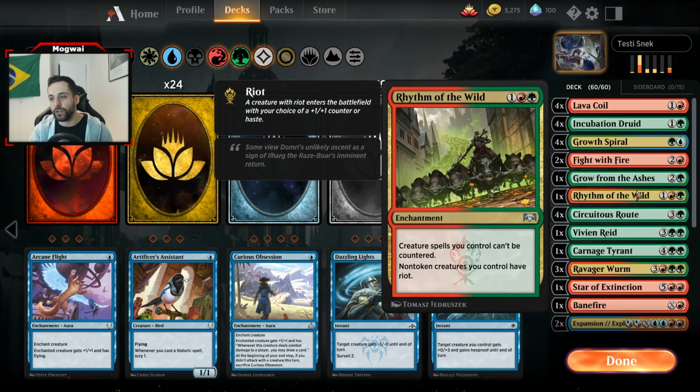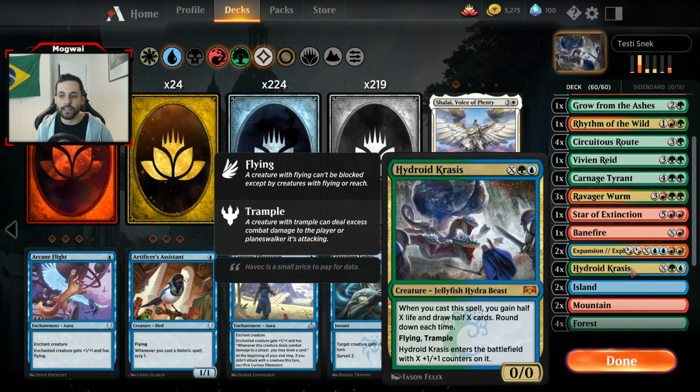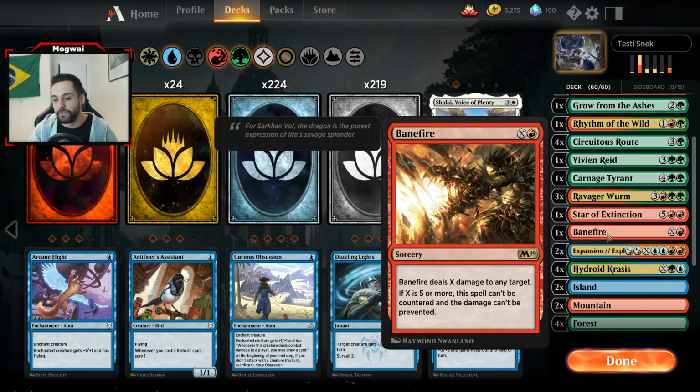And we also have 1 copy of Rhythm of the Wild for the control matchup mainly. In case we're in a bit of a stalemate, if we can play this Rhythm of the Wild, then we can turn our Hydroid Krasis into the win condition versus control, as we can play a huge snake, tap all our lands for it. We don't have to worry about it being countered, and we can give it haste and just one-shot our opponent. So that, alongside Banefire, I feel is good enough for us to have the upper hand in the control matchup,